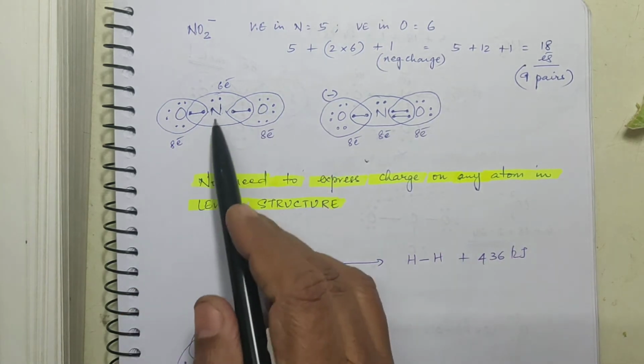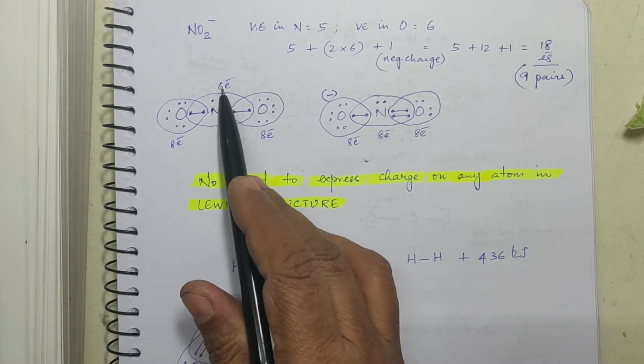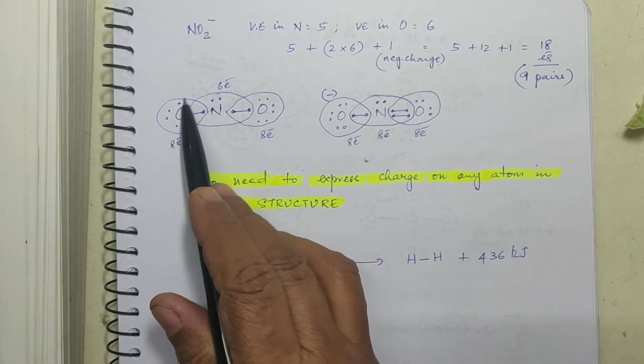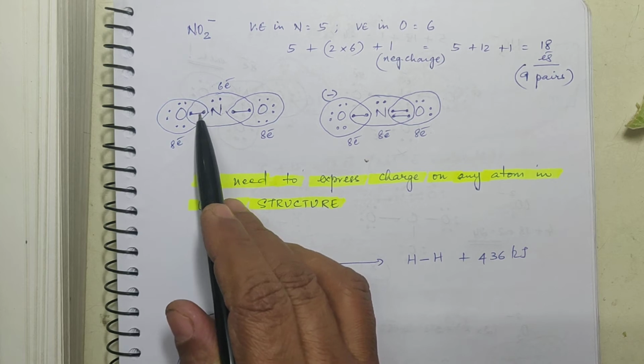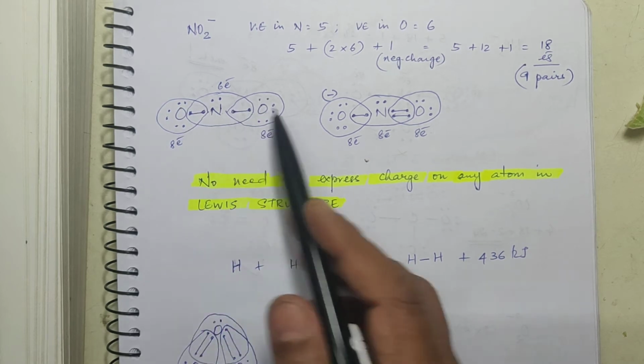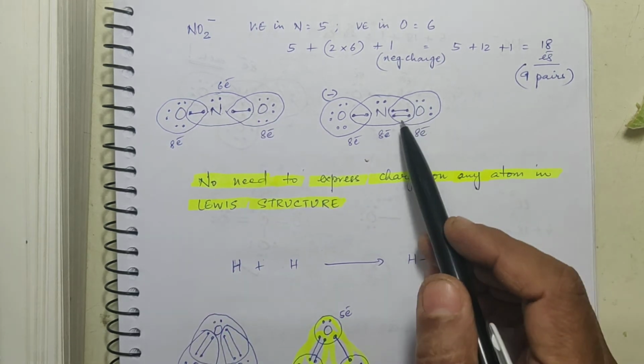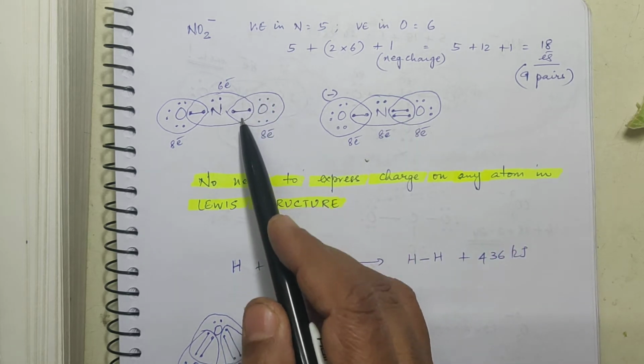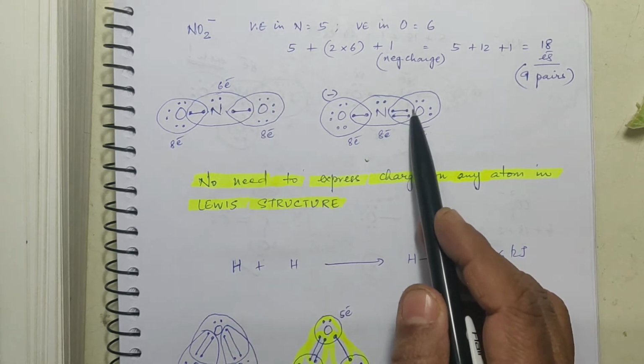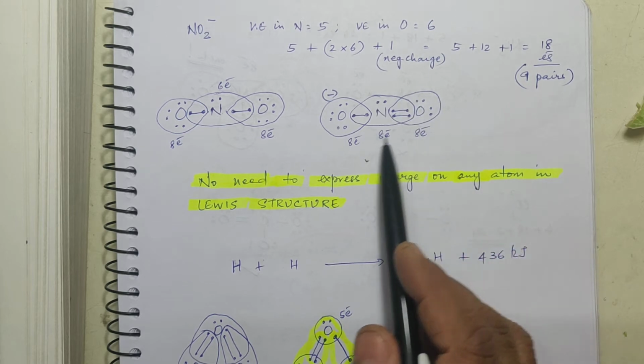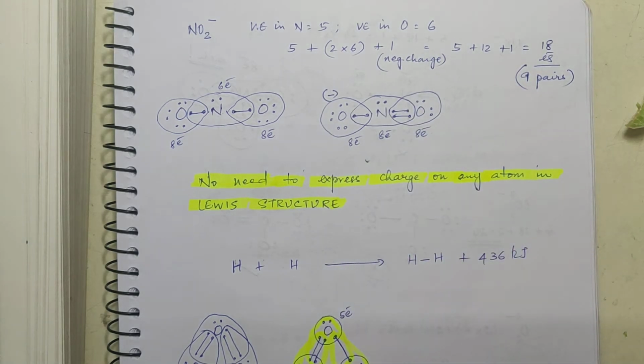So in this you are not getting, the central atom is getting only 6. So what you do, one of the pair of electrons you shift it towards nitrogen, either from here or from here. So I have shifted it from here. So when you shift it from here, then it becomes a double bond, right? And now you will get all of them getting 8 electronic configuration.